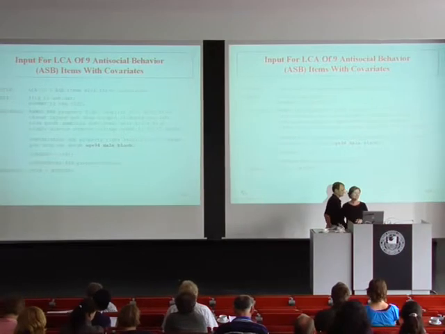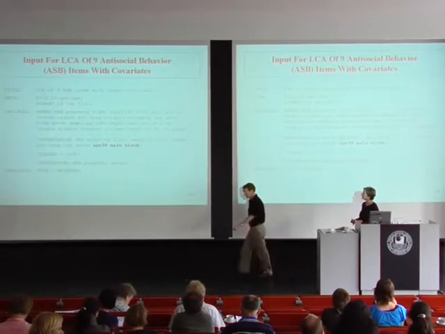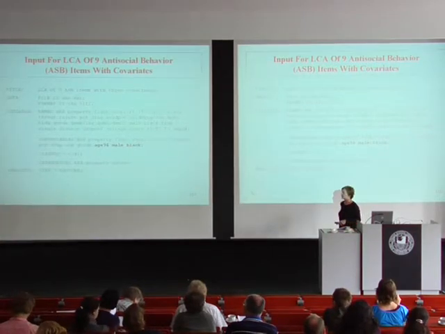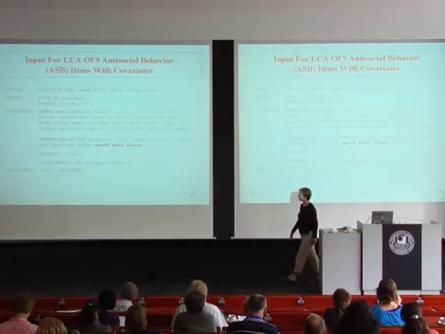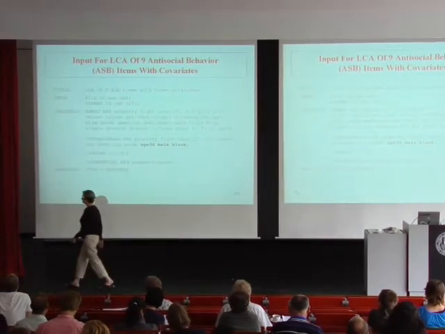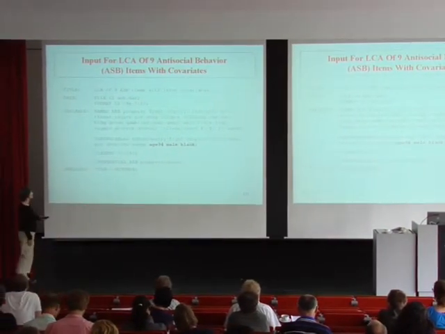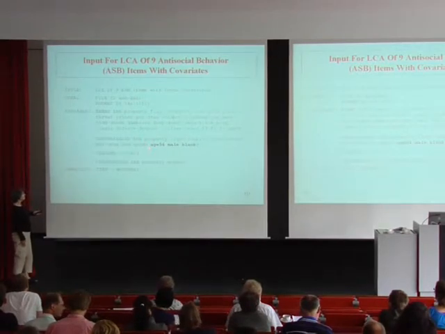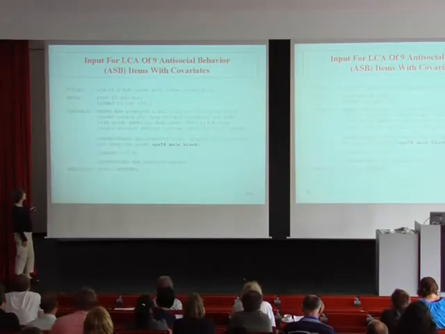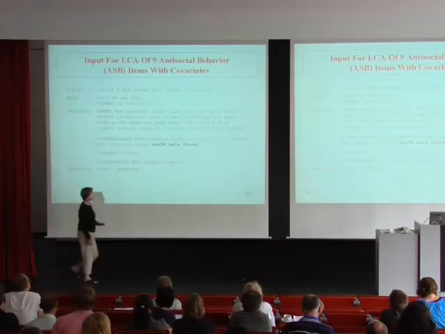Thanks. All right, so now just to take an example of adding covariates to the antisocial behavior latent class analysis that we previously did. In Mplus, it's pretty easy to do this. The covariates that we're going to add are age, male, and black. So you just add those to the used variables list, and there's nothing else that you have to change in the input except